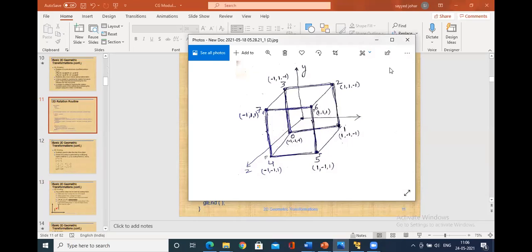For the cube program, hopefully now I'll discuss the concept of the cube program. All of you have understood the cube program.